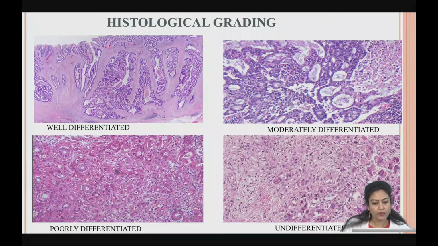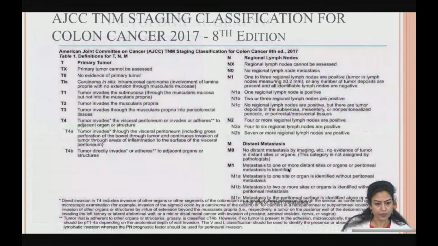So, the well-differentiated will have more than 95% glands, moderately differentiated will have 50 to 95% glands, poorly differentiated will have less than 25% glands, and undifferentiated is where you have no attempt at gland formation. The 2017 AJCC TNM staging, or the 8th edition, is the currently used staging for the colorectal carcinomas, and there